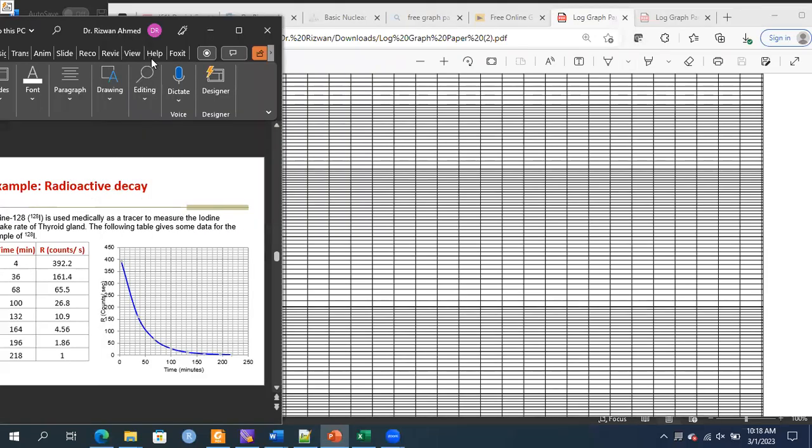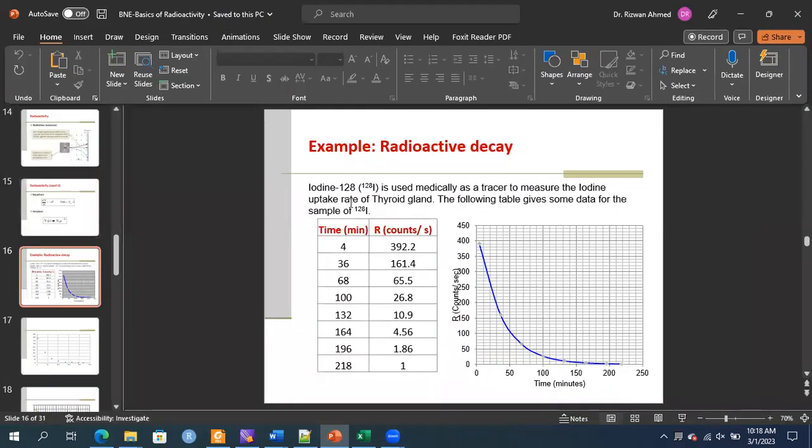Here we have the data of a sample of radionuclide iodine 128. We have the timing data, and in the other column the counts data. Our objective is to plot it on a semi-log scale. We will set